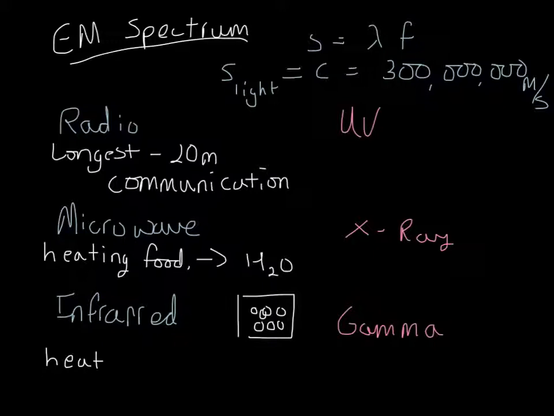UV light is a bit shorter than infrared, and now we're starting to get to the shorter wavelength, higher energy. So this is a shorter wavelength. We'll put it right there so we can have an indicator in the middle. So it's a shorter lambda, it's smaller, but it's got some more energy than infrared. Some more big E, more energy. UV light can actually harm your skin, and it can cause sunburn.